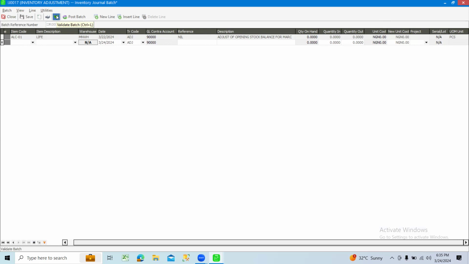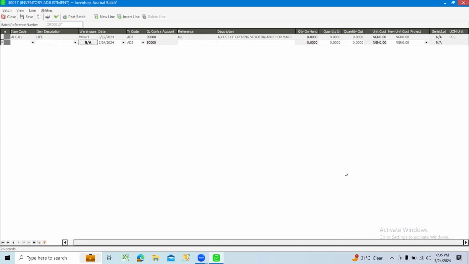The system will check the batch to make sure that everything is in proper order: your dates, the warehouses, the items there, and that you use the proper quantity. Okay, the system will check it. If you use any wrong field, the system will pop up an error. But if everything is all right, the system will tell you that validation is successful. So the next thing you do is click on your post batch. So post batch means you are posting that transaction to various ledgers. Okay. So either it's the inventory ledger or the suspense ledger, this post batch will post them to the various ledgers. And when you're done with that,